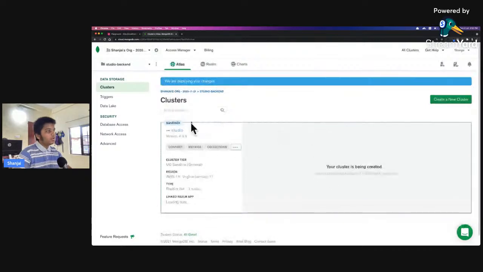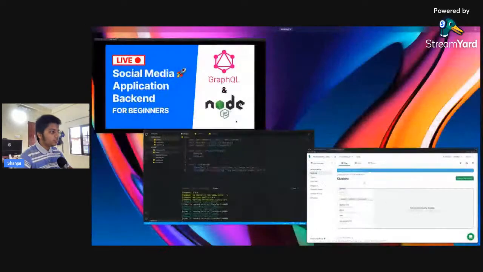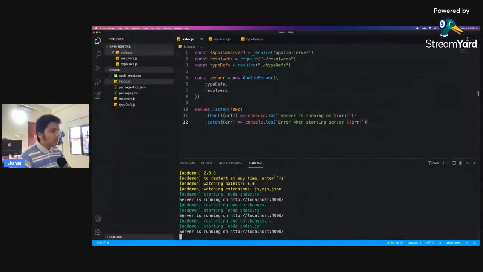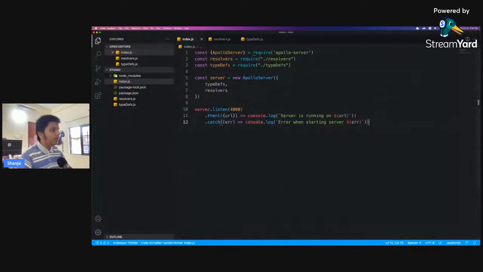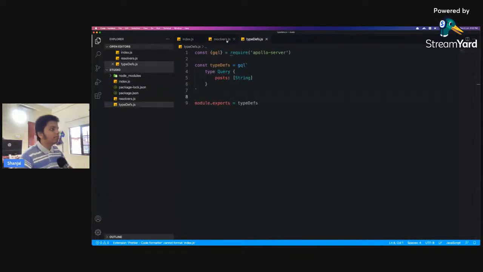Should work right now. Okay, it might take some time to build the cluster. So until then, let's just talk about how these type definitions work. Basically, what type definitions are: